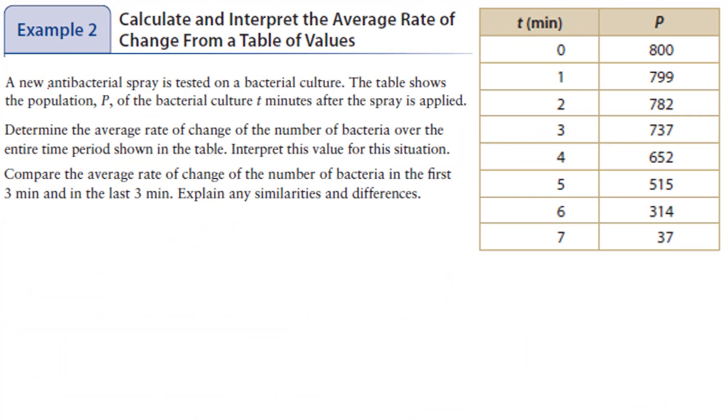Okay, so a new antibacterial spray is tested on a bacterial culture. The table on the right shows the population P of the bacterial culture T minutes after the spray is applied. The question is to determine the average rate of change of the number of bacteria over the entire time period shown in the table. Interpret this value for this